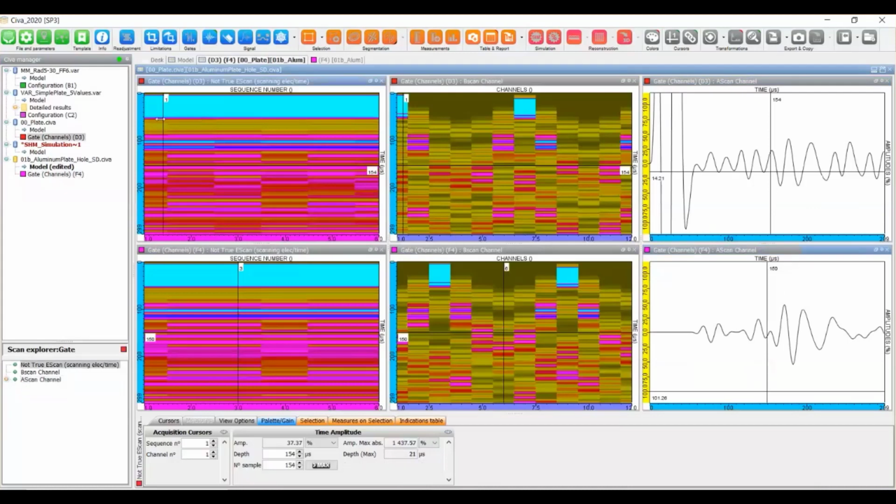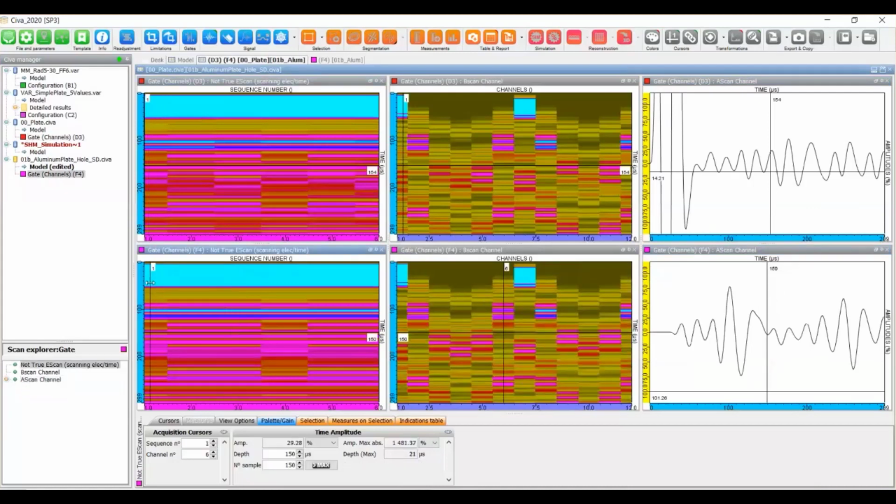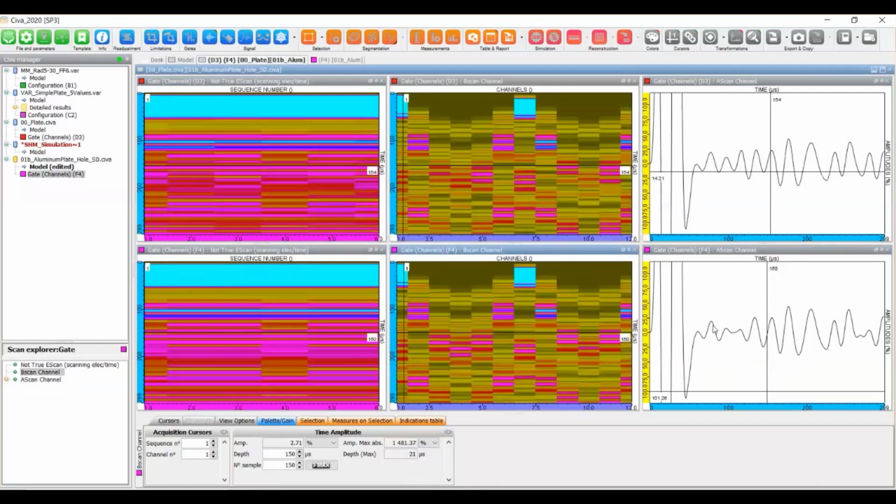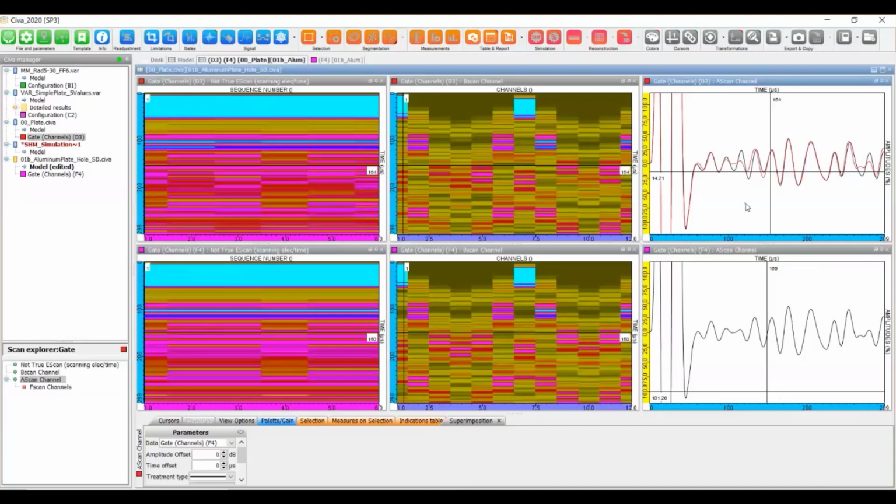Okay, I can select the same sequence. Okay, same channels, and maybe superimpose both A-scans to see the difference. There is a difference, so you could do the subtraction to see the impact of the defect. Okay, so you can work like this on the raw results.